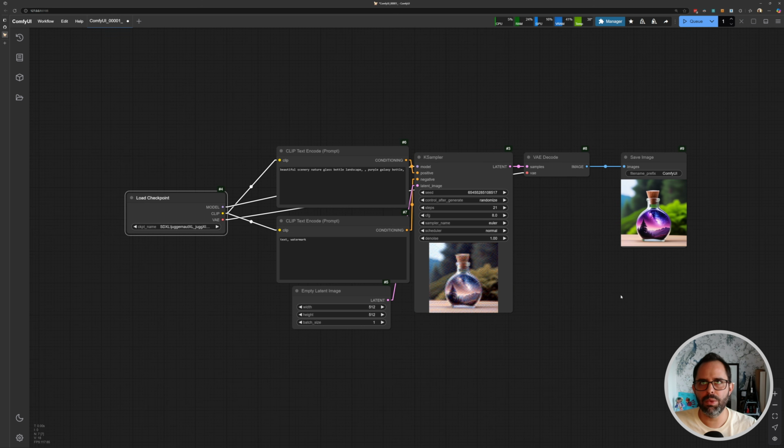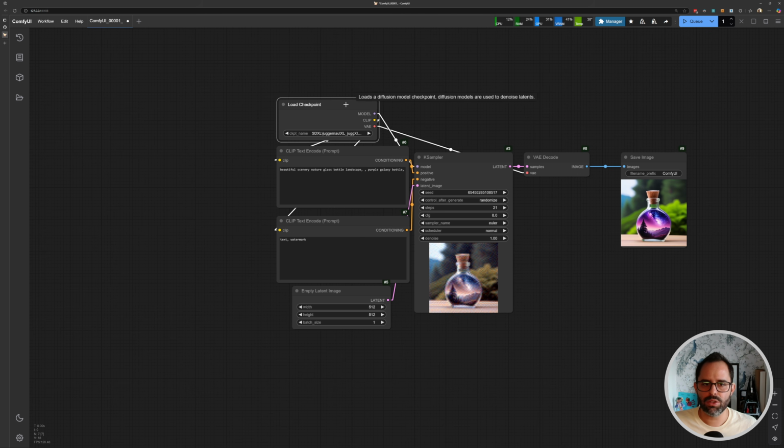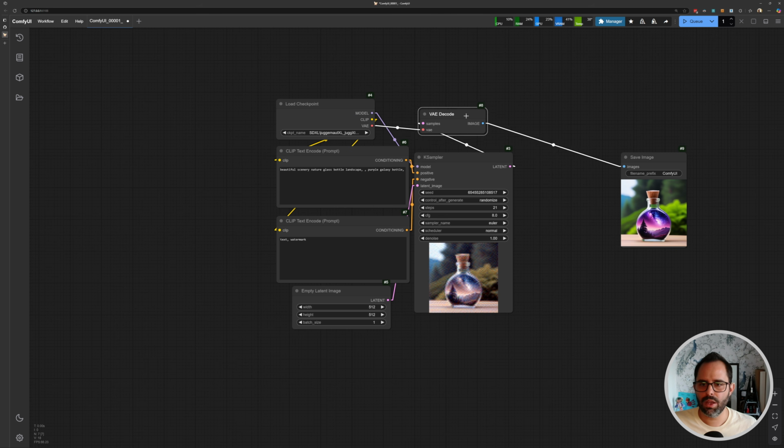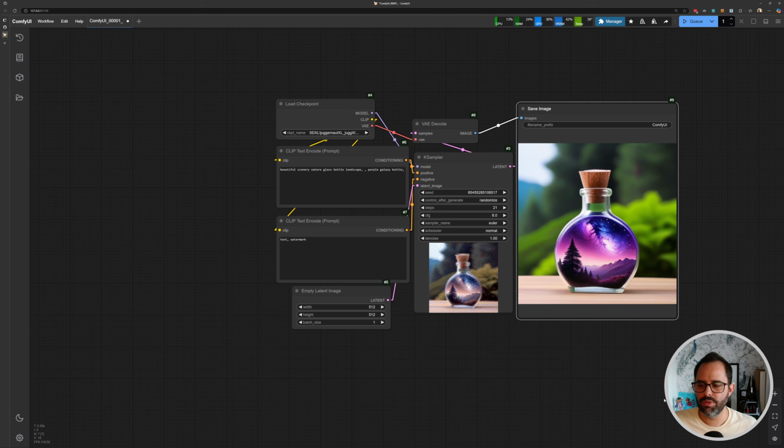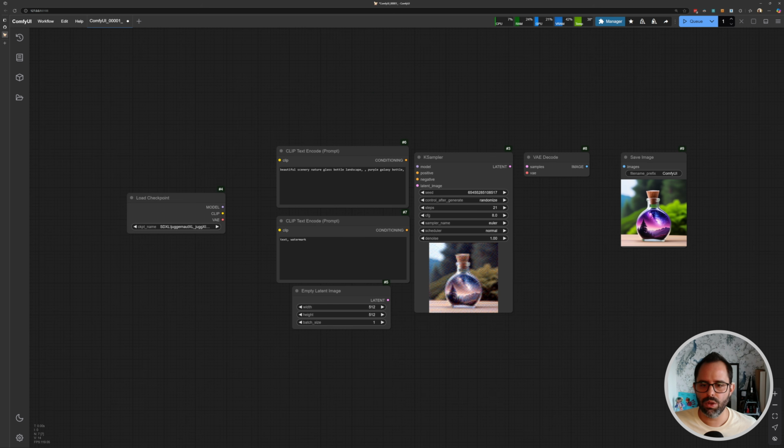Some people like to build small apps, if you want to call it, inside here. So if you wanted to stack your nodes in a neat way so that it looks more like a software rather than a set of nodes, you can do that, and you can just hide the connections, and that's how you would do that. So I'm going to go ahead and undo all of this, turn back my connections, and move on to